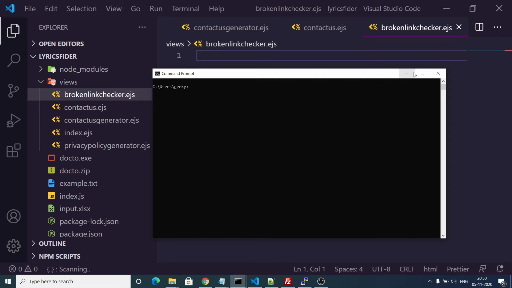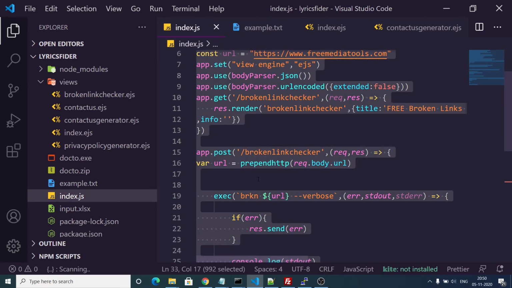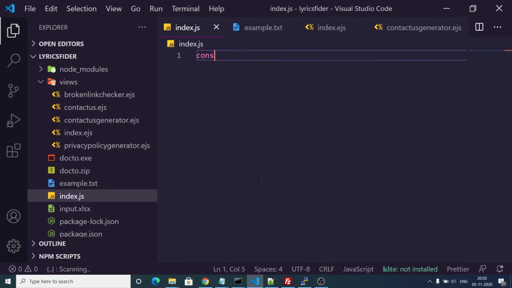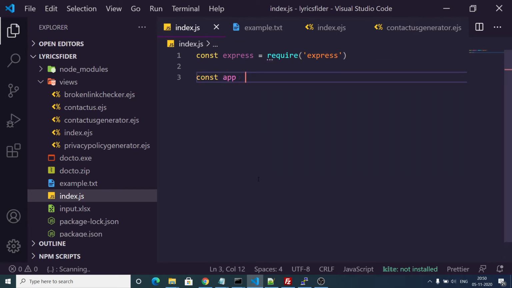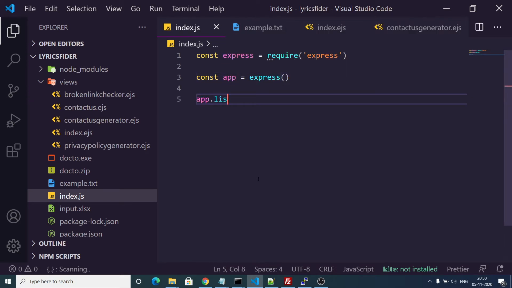After installing all these modules, guys, let me show you what you need to do inside your index.js. First of all, you need to import your express dependency. You need to require it, and then make an app variable with express like this. Start your express app on port 5000, and then make an app.get request on the home route.